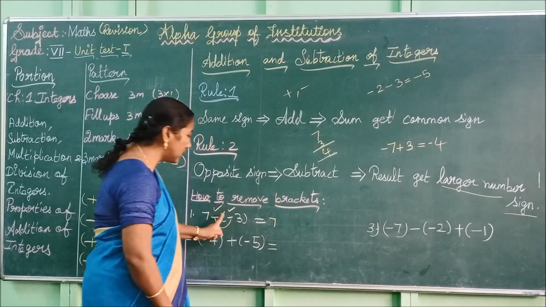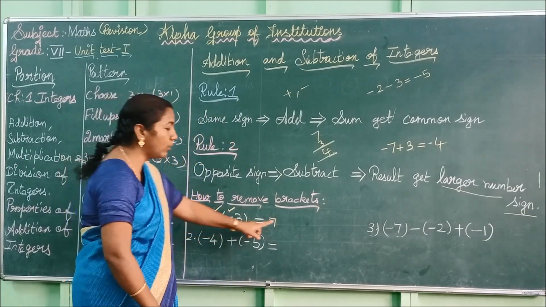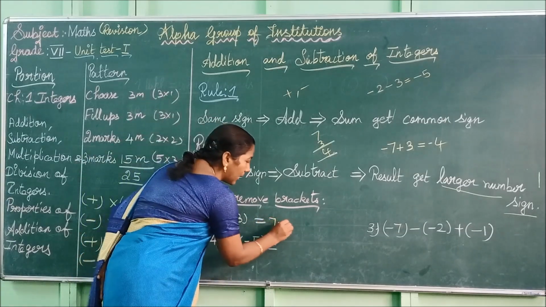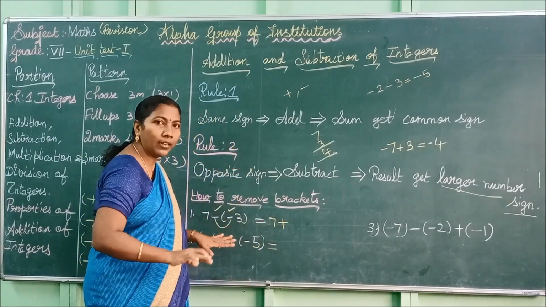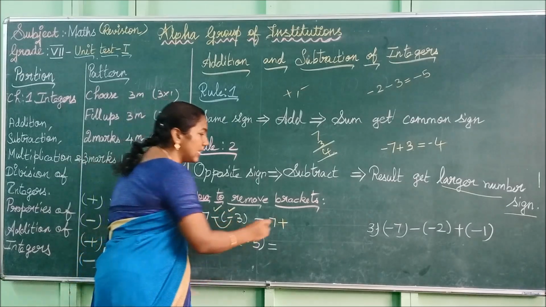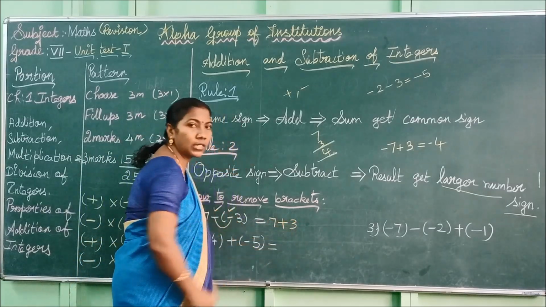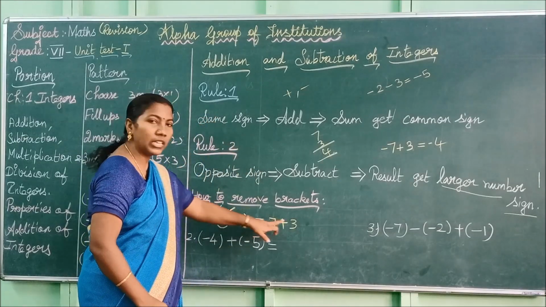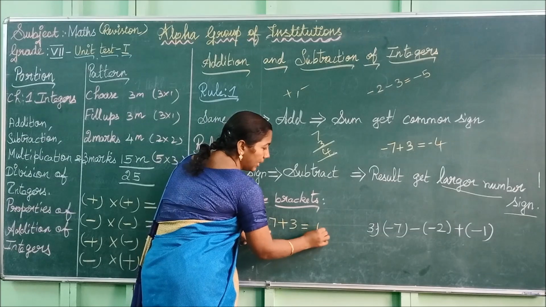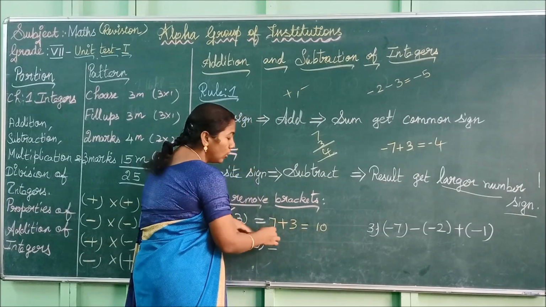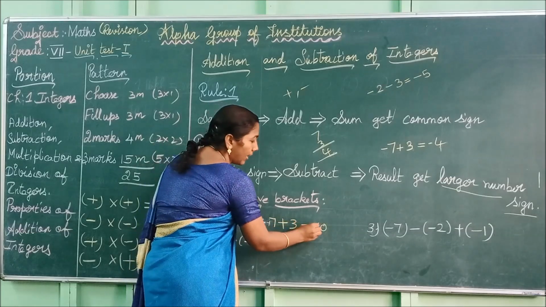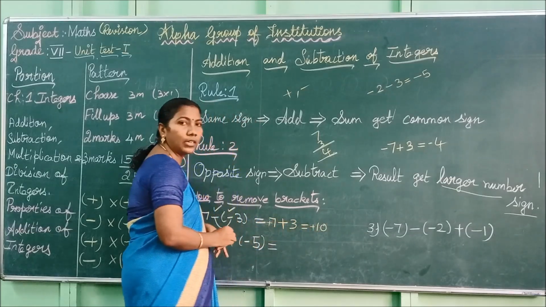So if you are multiplying the symbol inside and outside the bracket, you get what symbol? You have to write that symbol here. So minus into minus, plus. Thus we have removed the bracket by multiplying the symbol inside and outside the bracket. Now write the integer as it is. 7 plus 3. According to rule 1, they are on the same side, so we have to go for the operation add. So add 7 plus 3, 10. Both are on the same side, so the symbol of 7 is plus. That's why we are assigning the symbol plus to the 10.